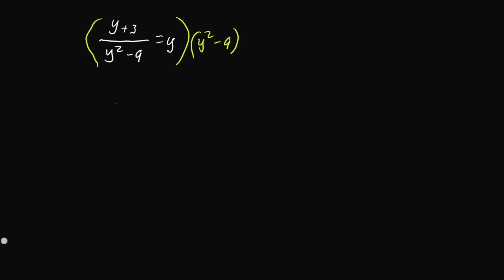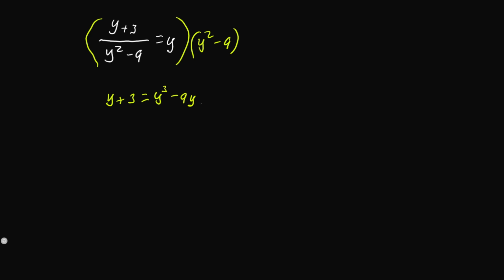So in this example, we're going to look at y plus 3 divided by y squared minus 9 is equal to y. Now we're going to solve this using two different methods. First, we're going to just multiply by the denominator, which is y squared minus 9, giving us y plus 3 is equal to y cubed